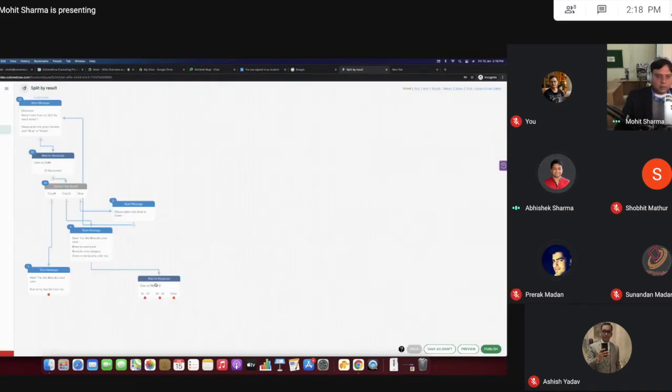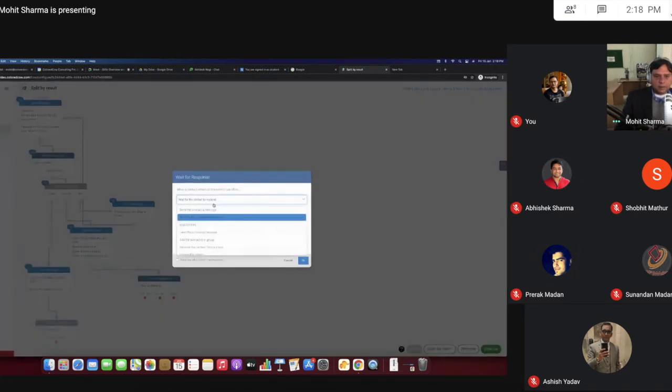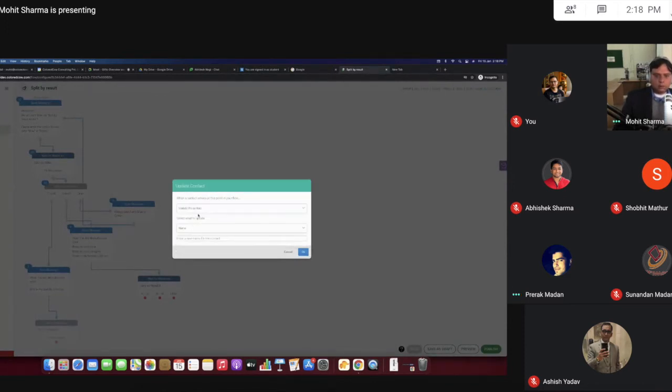So you can save it in the update contact field, like this, and then you can use it in another flow.